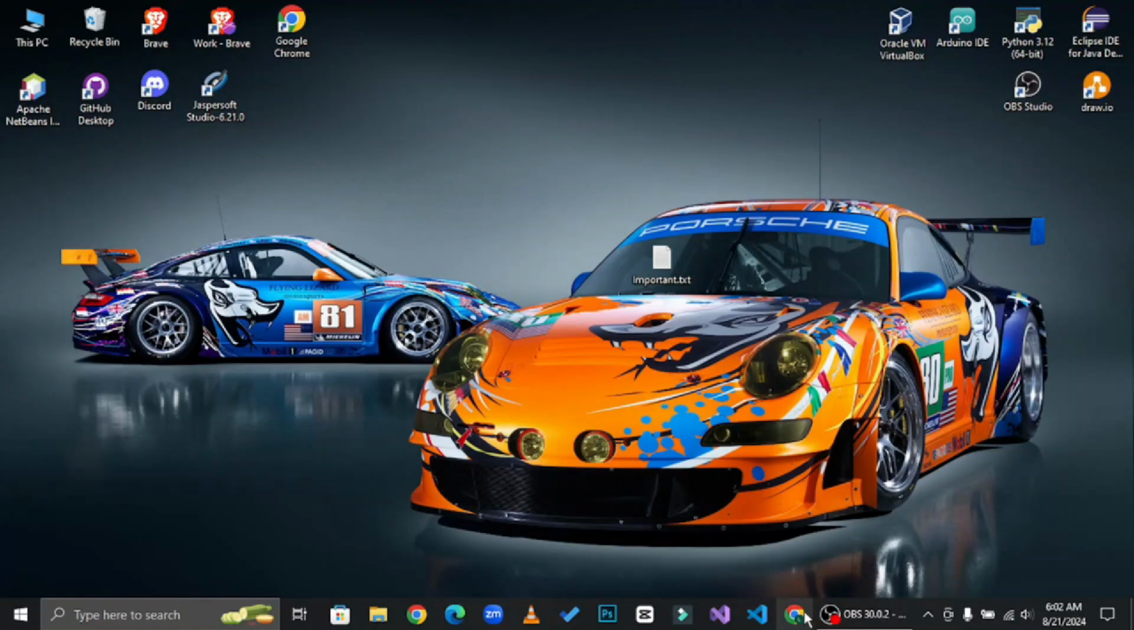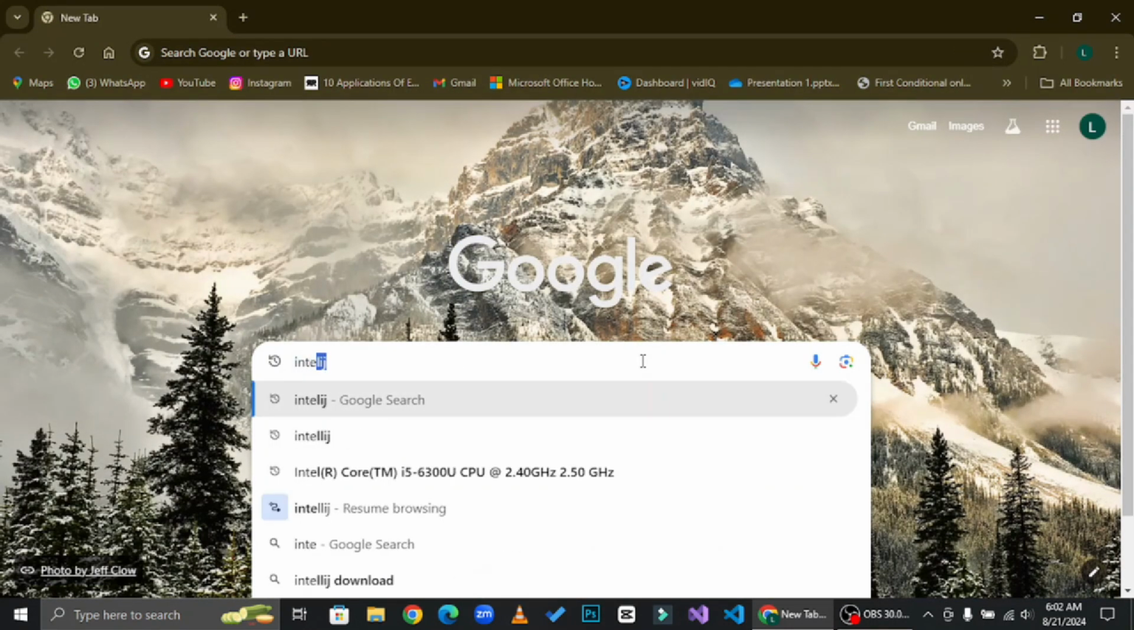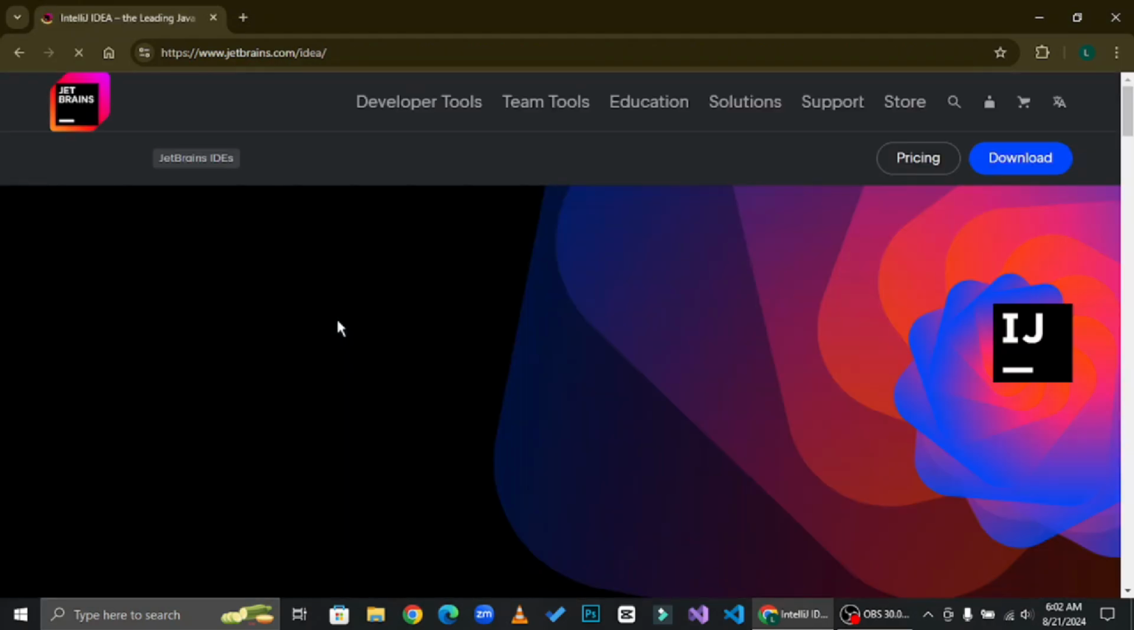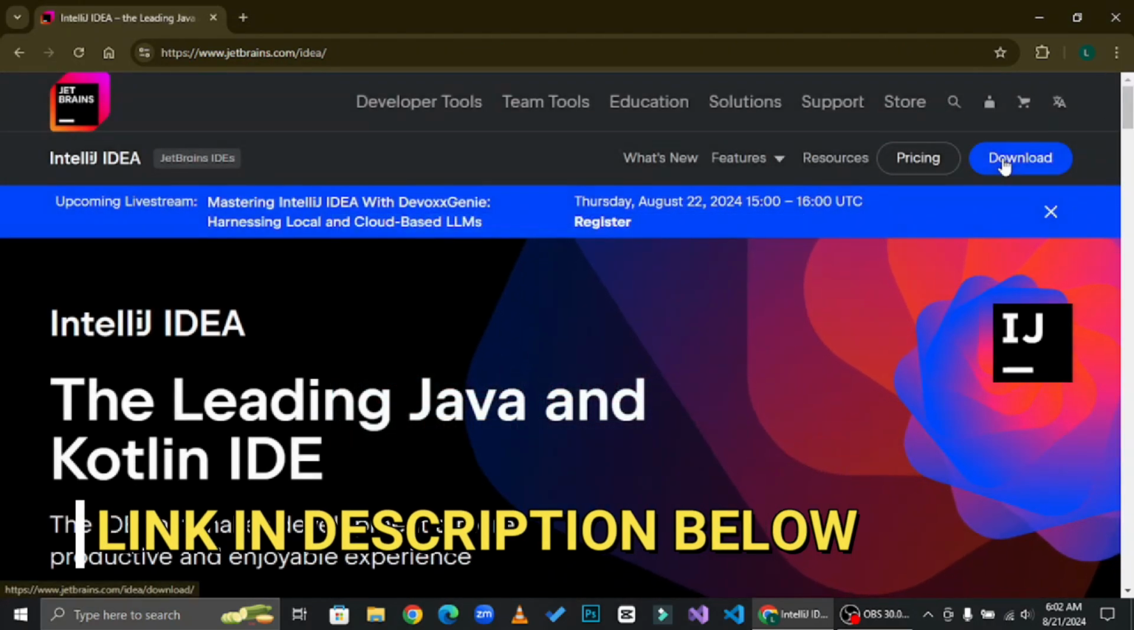First of all, open your Google browser and type IntelliJ and click enter. First link, click the link in the description below, download,